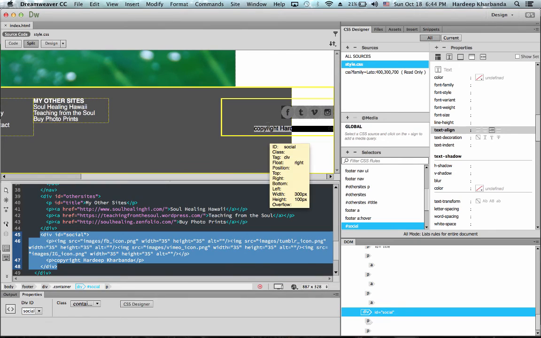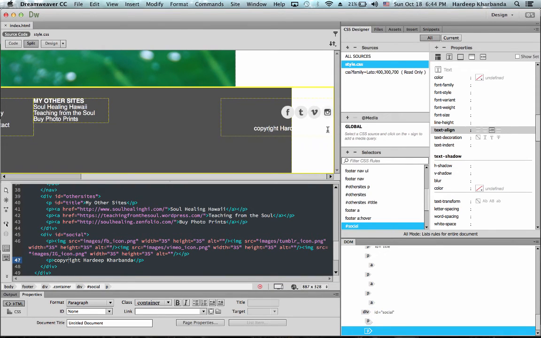So once again, the copyright Hardeep Kharbanda went into a paragraph. And by default, paragraphs in Dreamweaver have a lot of margin. So I select the paragraph tag inside social.